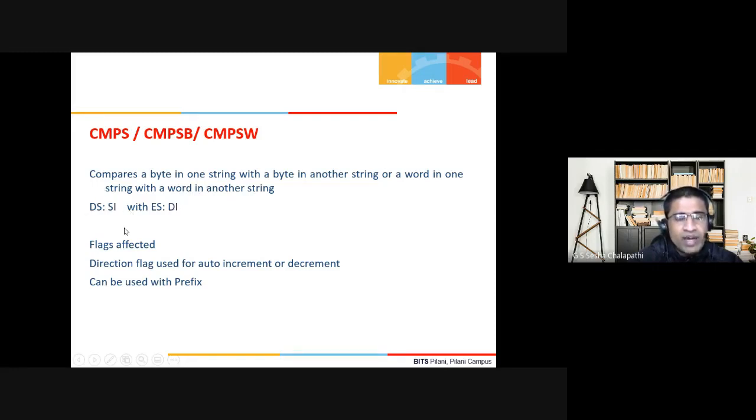By default, SI will combine with DS, DI will combine with ES. Again, flags will be affected, but there will not be any change in the operands. The direction flag will tell whether you auto increment or auto decrement, and it can be used with a prefix, that is repeat till equal, repeat till not equal, etc.